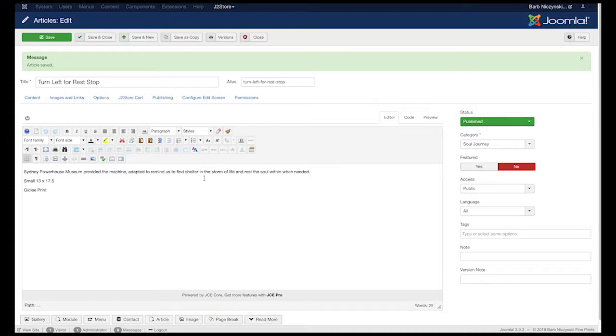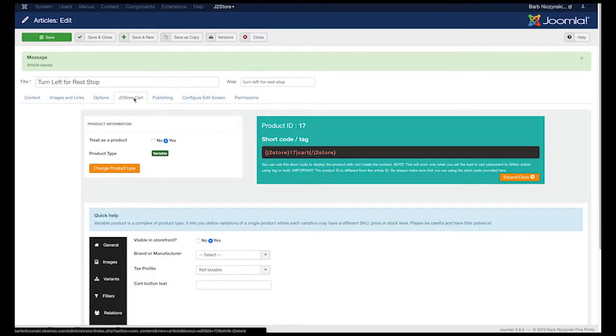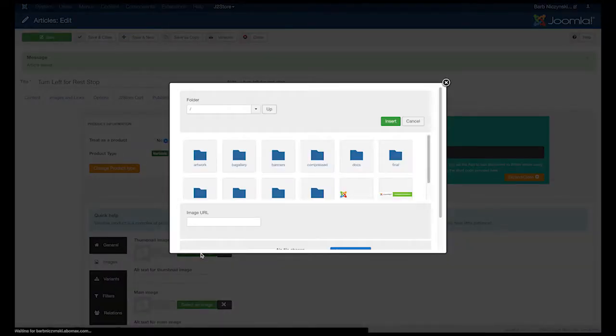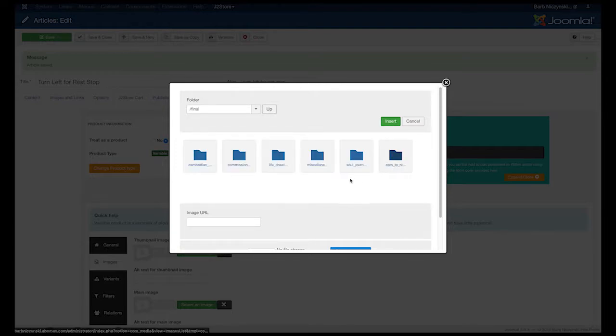Okay, then we click on the J2 Store Cart tab again, and you could select if it was taxable or not. This is not taxable, so we're going to leave that. Click on Images. We're going to add a thumbnail, so click on Select an Image. We've got ours in a folder called Final, and the category I've put the images into for this is Soul Journey,